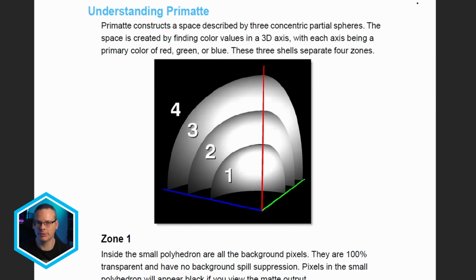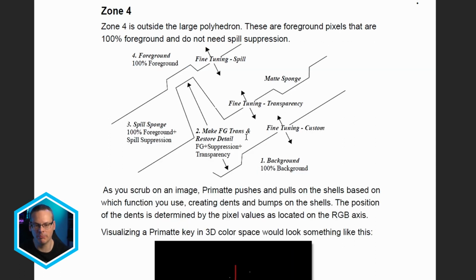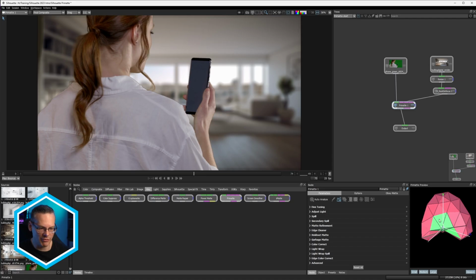Instead of basing something off of an RGB value or just a basic color value, it constructs a bigger 3D space that is described by three concentric partial spheres. So we have this push and pull between the different spheres, which means we get a much better and more fine-tuned result than we get with other keyers. These zones are represented in this preview as well, if you want to go deep into that. But coming back to our key now,